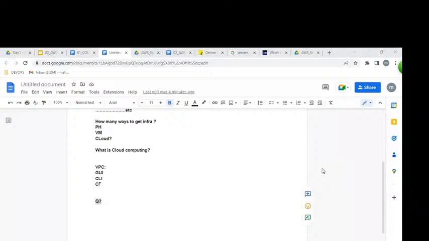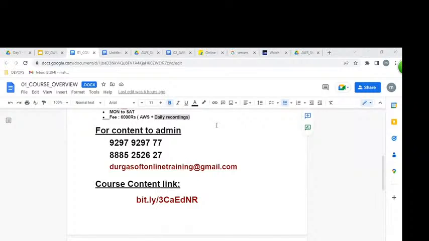Will you provide certificates? After completion of the course, you can receive a course completion certificate from our institute also. The AWS certificate is different from our institute certificate. If you're interested, you can pay today or tomorrow, there is no problem. But we are going to conduct only 2-3 demo sessions, maximum 2-3, then we start the regular sessions.